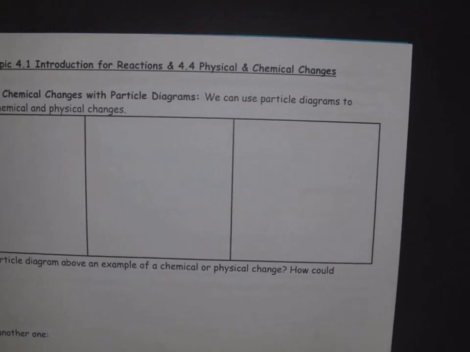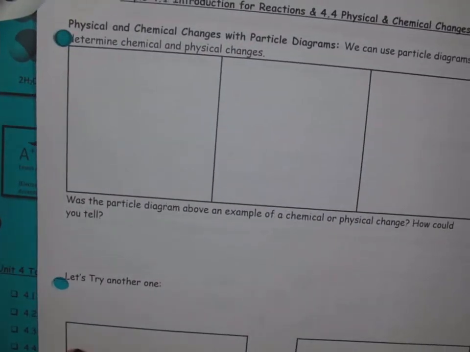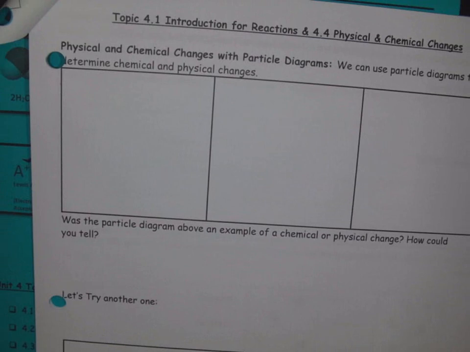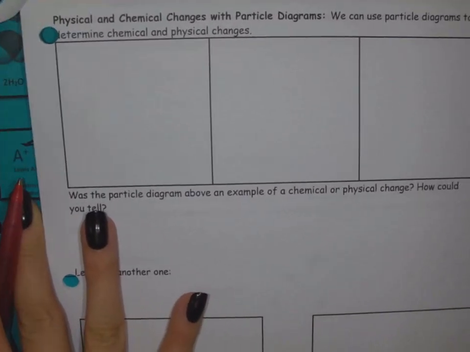Turn to page 5 for me. And so we're starting with physical and chemical changes and particle diagrams. So we can use particle diagrams to determine chemical and physical changes. And they have lots of particle diagrams in AP Chem. So let's